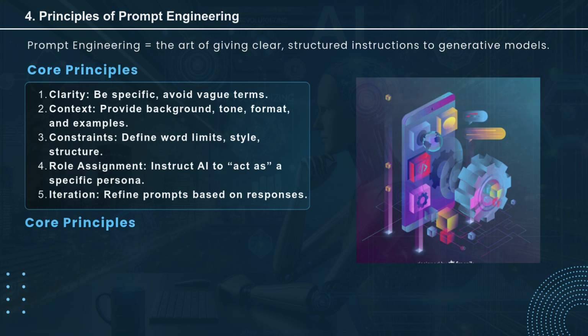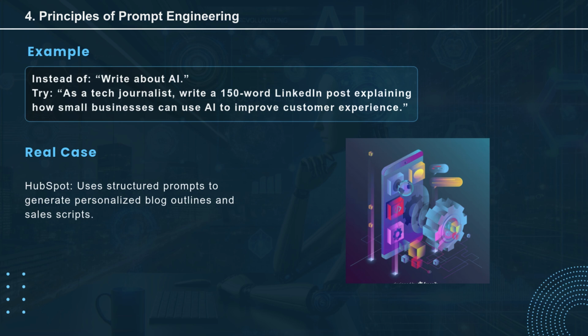Iteration: refine your prompt based on the model's output. Emphasize that good prompts lead to more accurate and useful AI responses. This slide shows how a vague prompt can be improved with clarity, context, and constraints. Instead of simply saying "write about AI," the refined prompt gives a role, length, audience, and purpose, leading to a